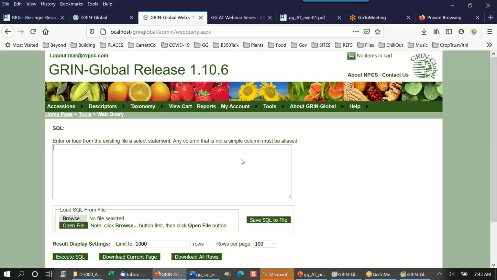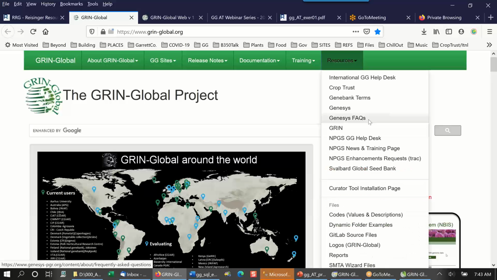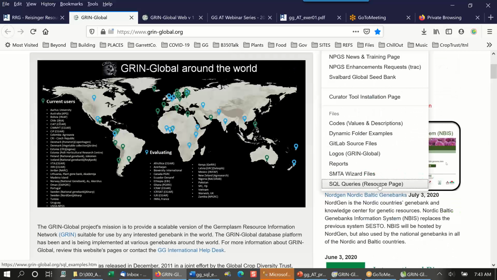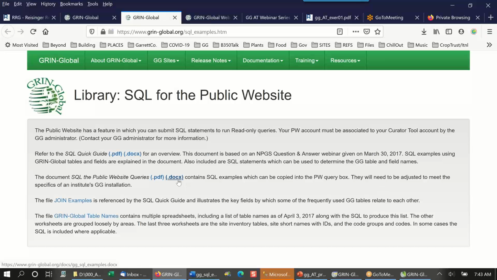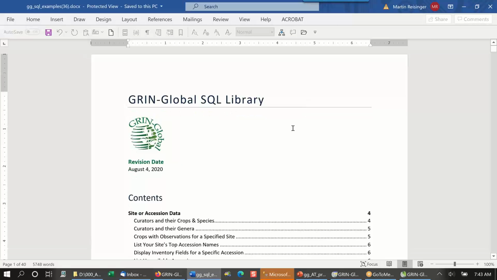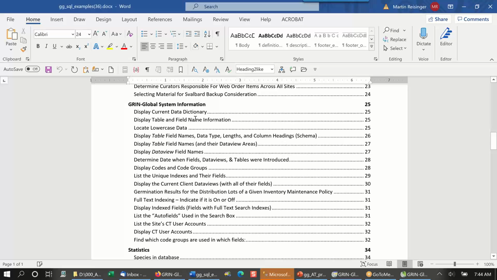So if I go to this website, under resources, there's a couple places you can get to this, but if you go to this resource page for SQL queries, this particular file here, which I referred to in the exercise, has a bunch of sample queries. And I've already downloaded it, but you would get it through your browser. But here it is downloaded. And this is an expanding library. I constantly put things up here. But if I wanted the dictionary,